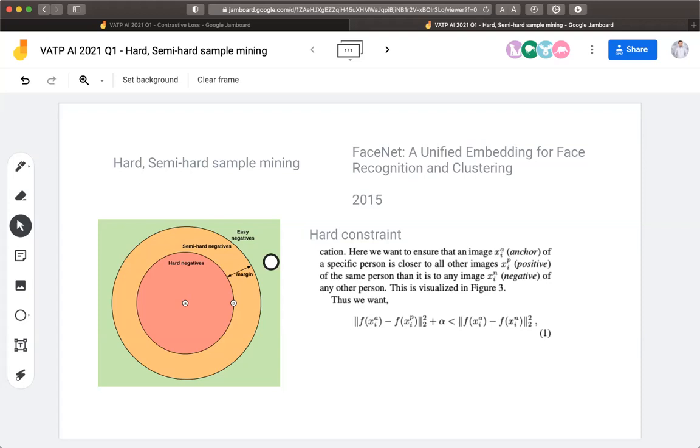So again, we are talking about embeddings that you get from the model. You pass the input image or whatever, like a face or any sample, you get the z vector, and then we calculate the Euclidean or cosine distances, and we have the positive pairs and negative pairs. And if the negative pair is in this case,